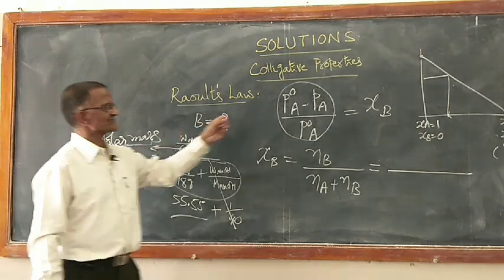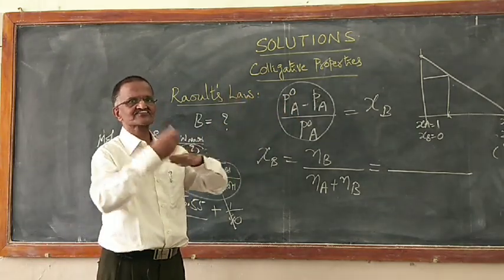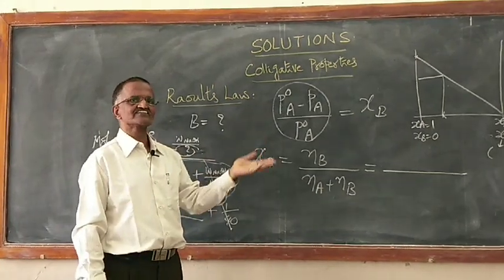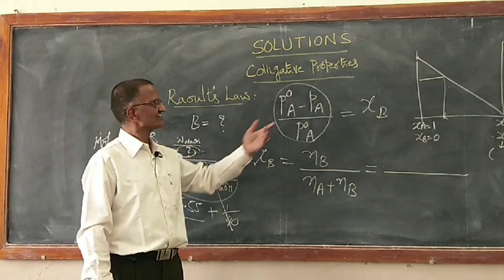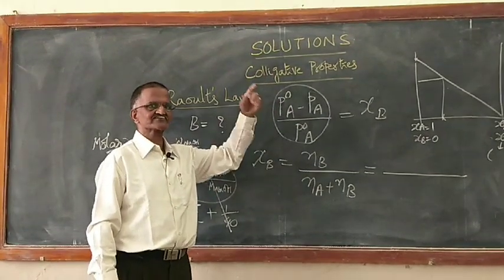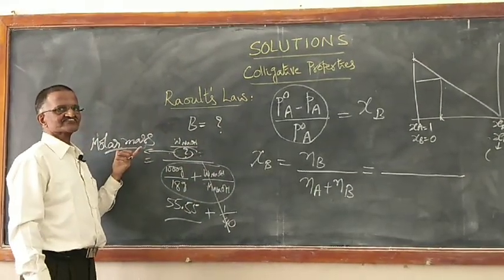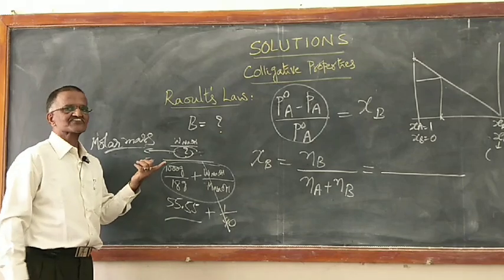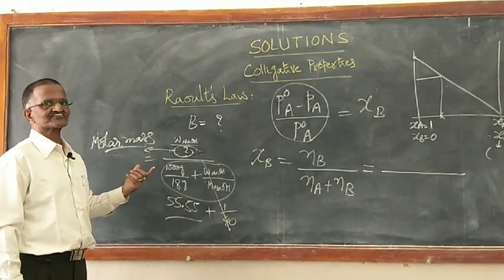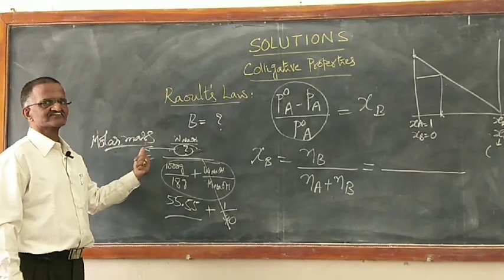But sometimes it is difficult for me to find out vapor pressures, and then afterwards the relative lowering. So much calculation, so much determination is not required. There are other simple ways to arrive at other colligative properties. With the help of other colligative properties, we can easily arrive at molar masses. The intention in this chapter is how to arrive at molar masses. Colligative properties will help. This is the way.